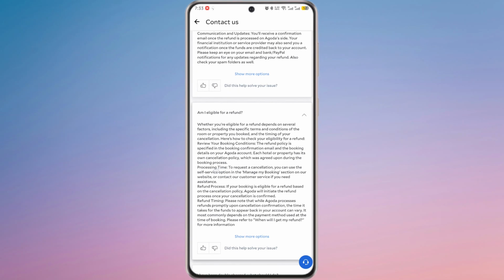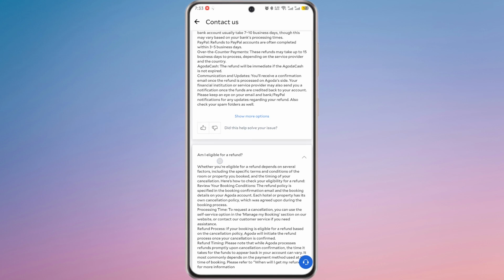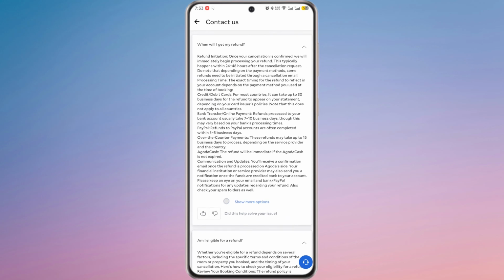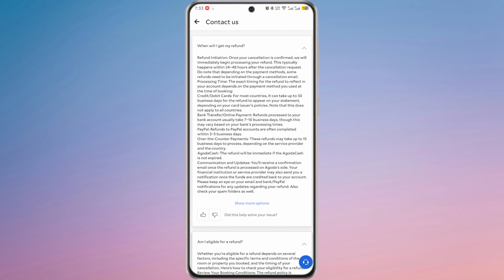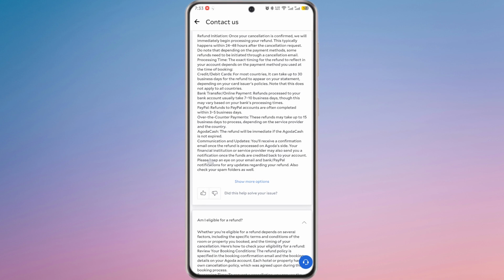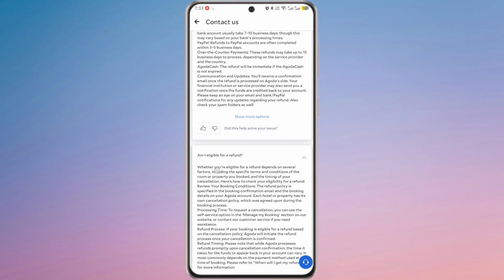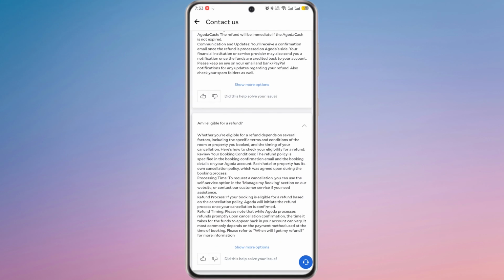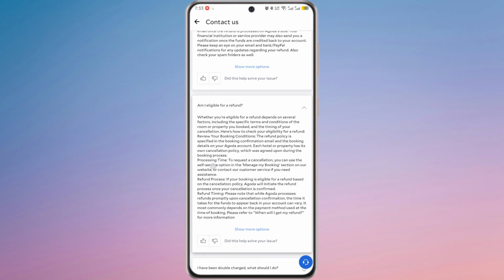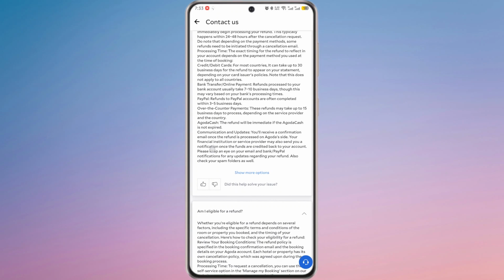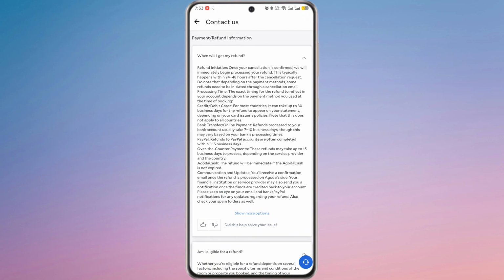Refunds processed through bank transfers or online payments usually take 7 to 10 business days, while PayPal refunds are often completed within 3 to 5 business days. Over-the-counter payments may take up to 15 business days, and refunds to Agoda Cash are immediate if the Agoda Cash has not expired. You will receive a confirmation email once the refund is processed on Agoda's site, and your bank,